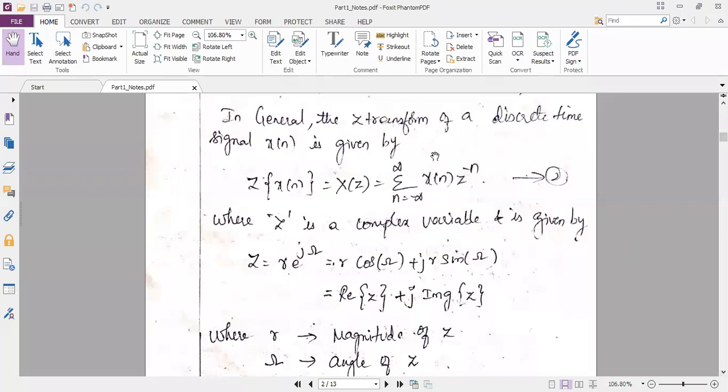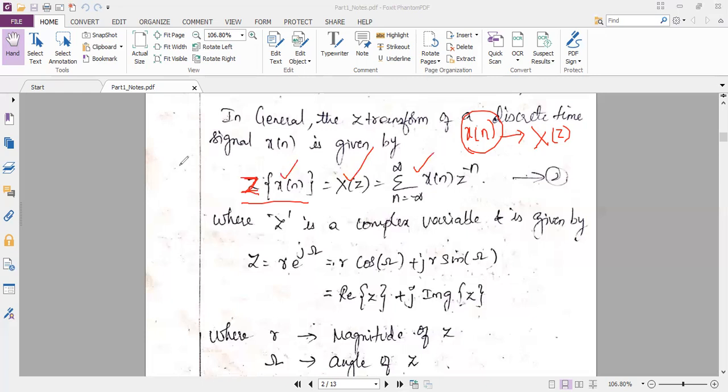Okay, fine. So now the next thing is, the z transform of the input x of n I can write like this also. For example, my input is x of n. After taking z transform, it is capital X of z. So this x of n, if I want to take the z transform, I can write like this also. Z transform of x of n, which is nothing but capital X of z, is equal to summation n is equal to minus infinity to plus infinity x of n z power minus n.